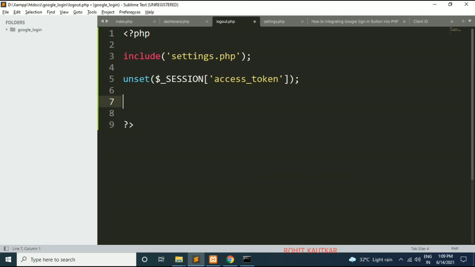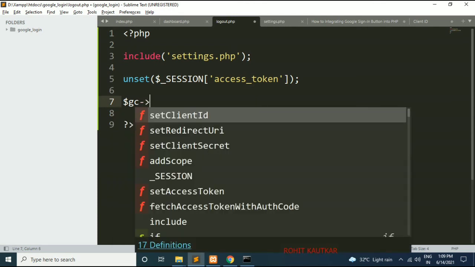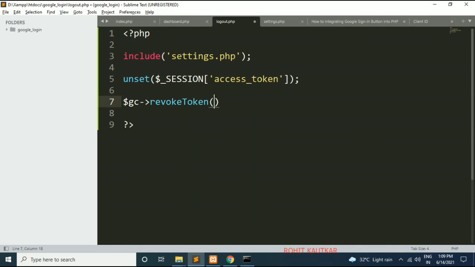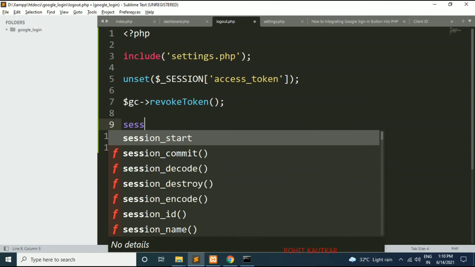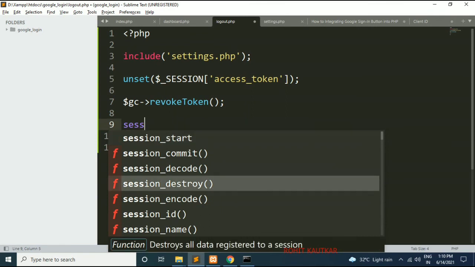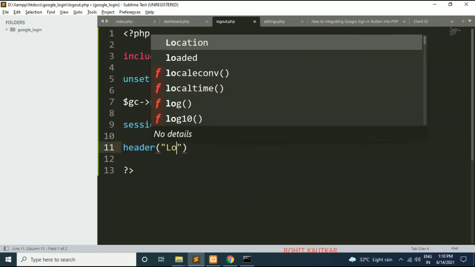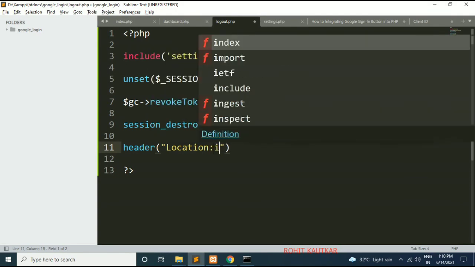After this we will call one revoke token method, due to which the token will get revoked. So here we will write Google client revoke token. Okay, this method we need to invoke, and then I will call the session destroy function. So our session will be completely destroyed, and at last redirect our user to index.php